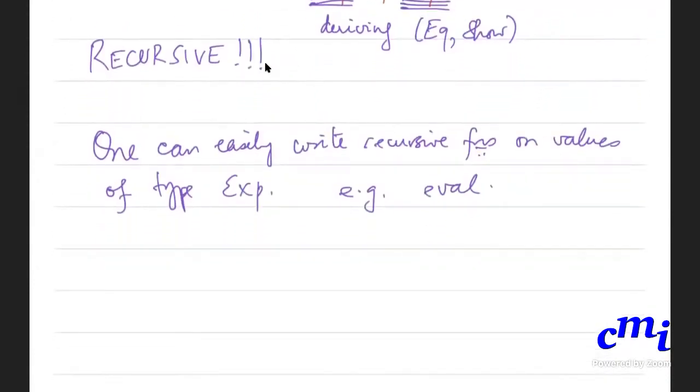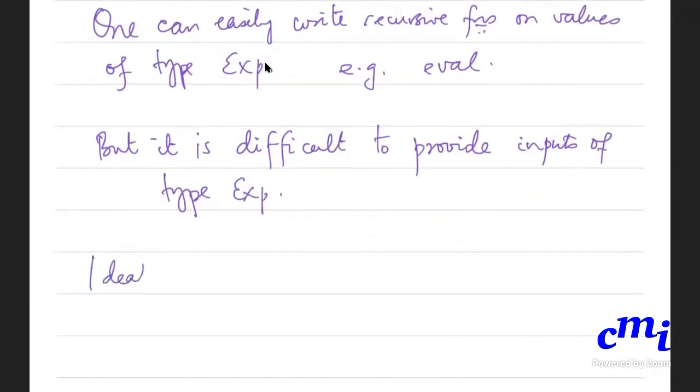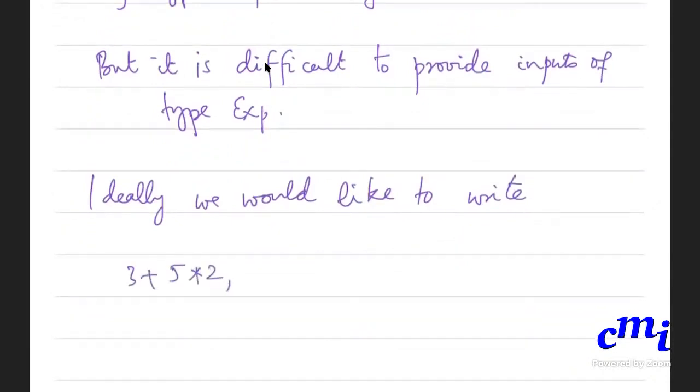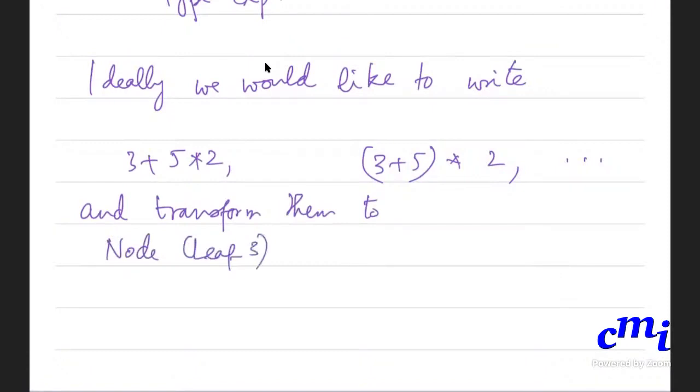It's difficult to write things like 3 plus 5 into 2 and transform them to those nodes: node, leaf 3, add, leaf 5.